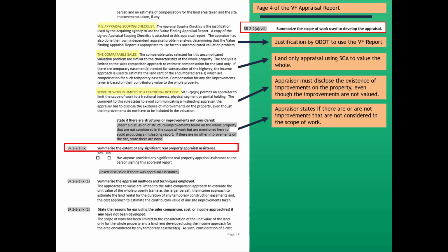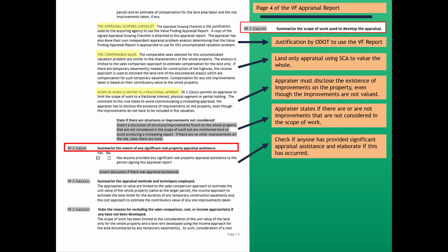Next USPAP standard 2-2A-IX: summarize the extent of any significant real property appraisal assistance. And so the appraiser is expected to check if anyone has provided appraisal assistance, and if they did, the appraiser has to elaborate on what occurred. Next USPAP standard